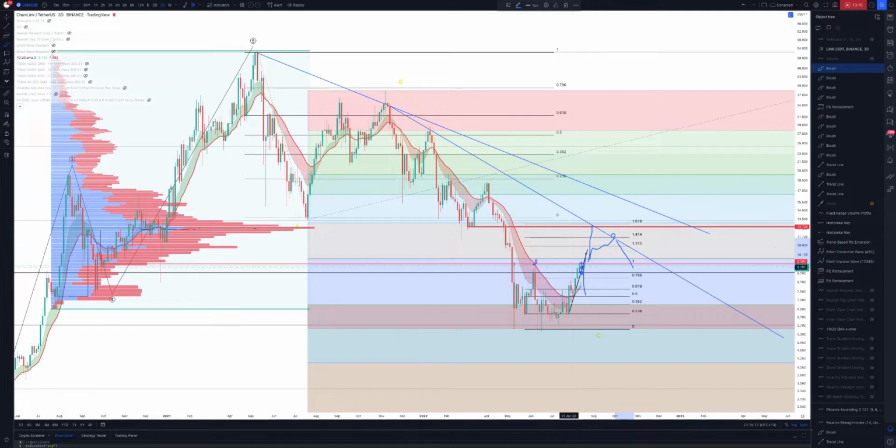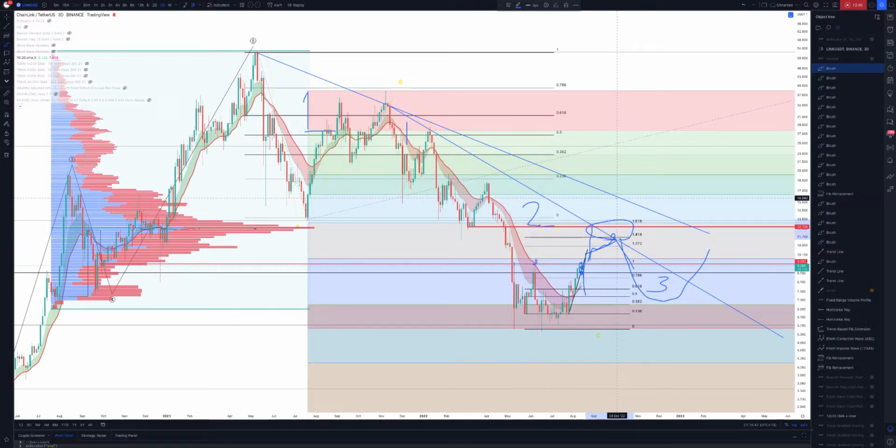I do see this as a relief rally, and that's our one cycle. Actually, this is the one cycle there. This is second cycle. If we have that and come back down, we might get another support. That could be our third cycle, or we can go further down. But I do see potential resistance in this area, or if it's a bit more bullish, then here. But if we get here, then realistically, bugger, that's going to be a strong move.